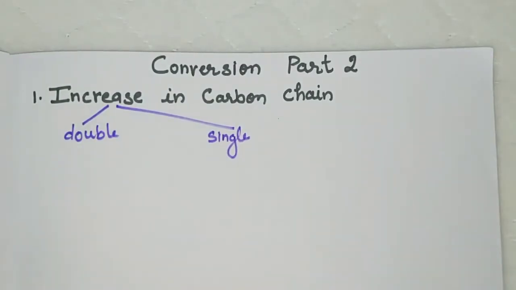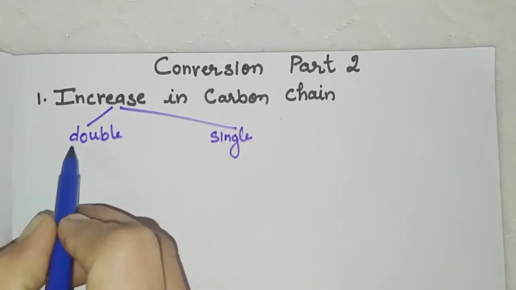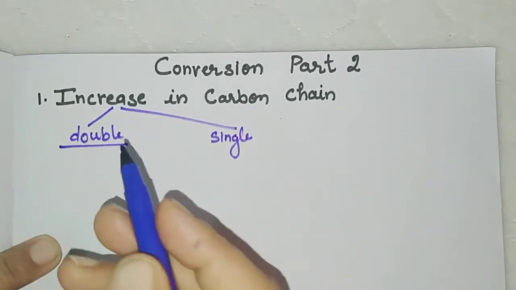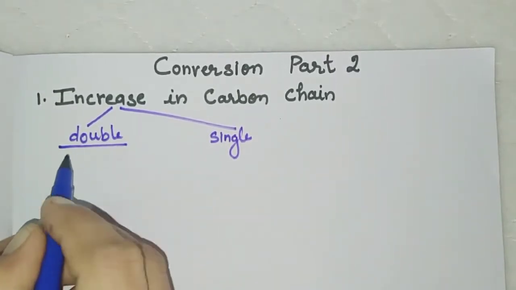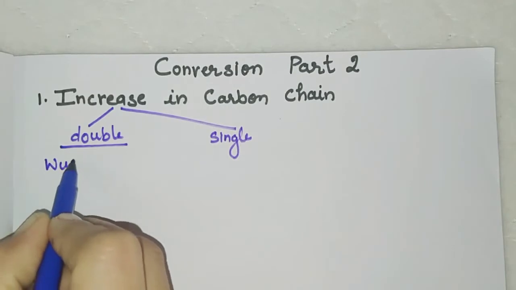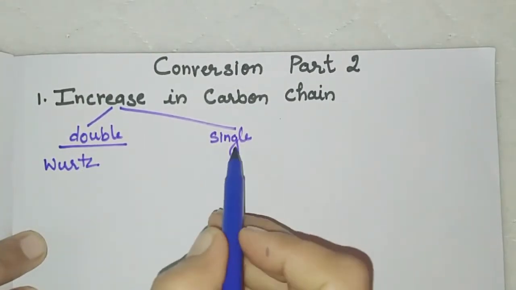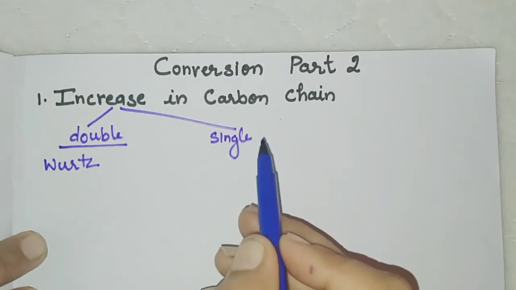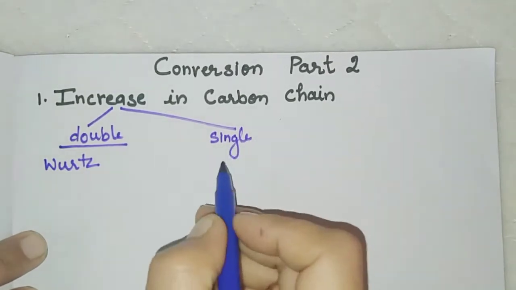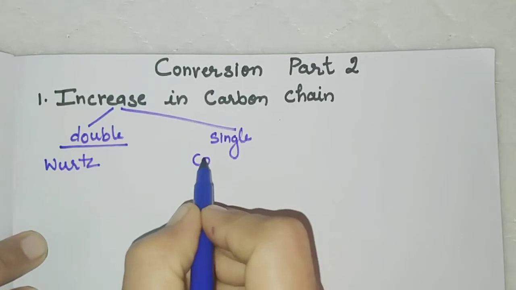In both the conditions, the mechanism or the procedure applied is different. When we are going just to double the parent chain, at that moment we are going to use Wood's reaction. And when we are going to increase any single carbon atom in the parent chain, then we will be using